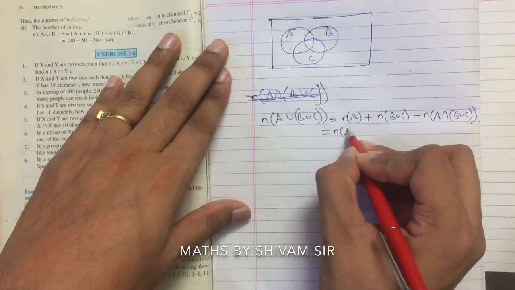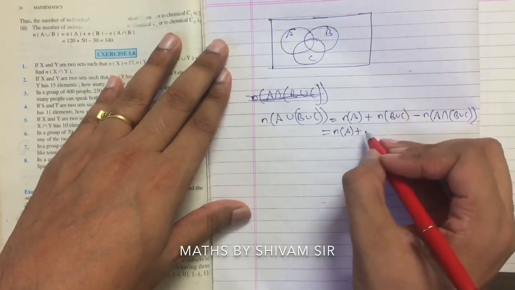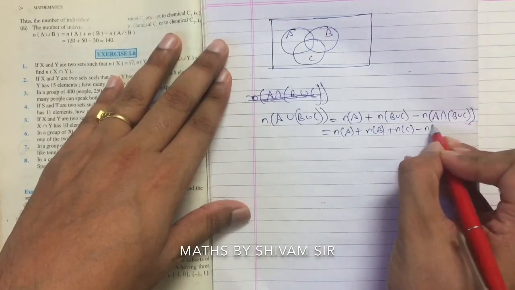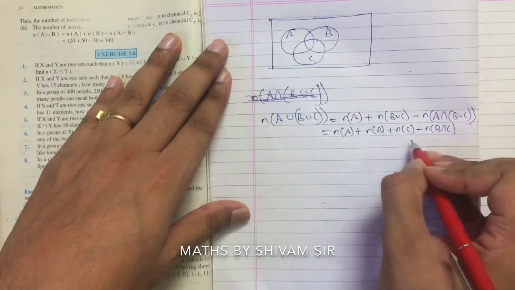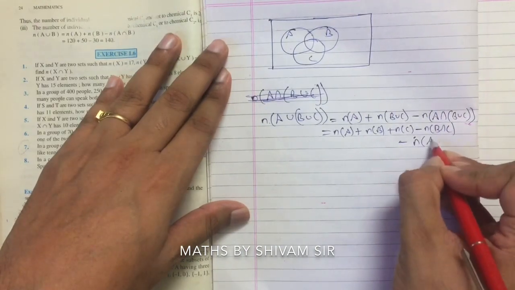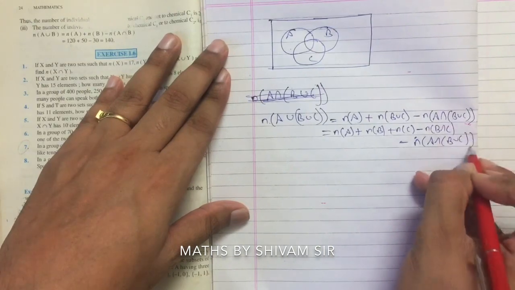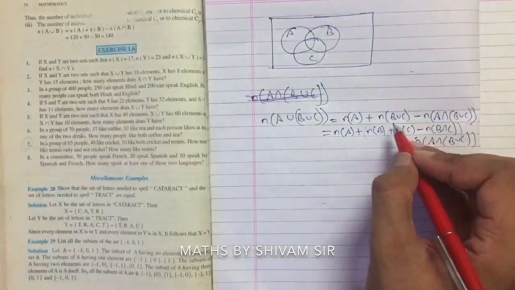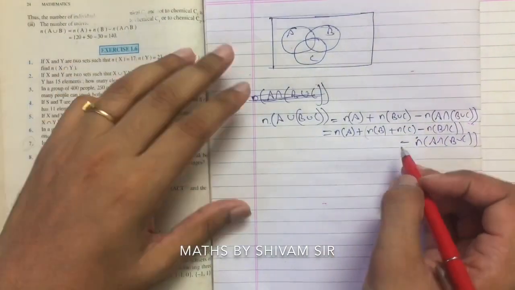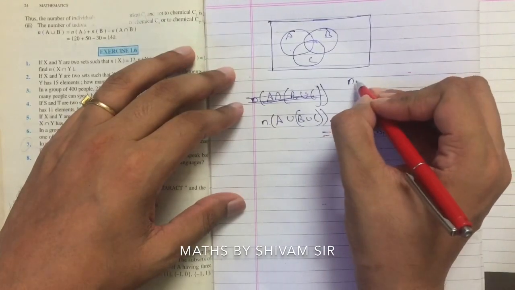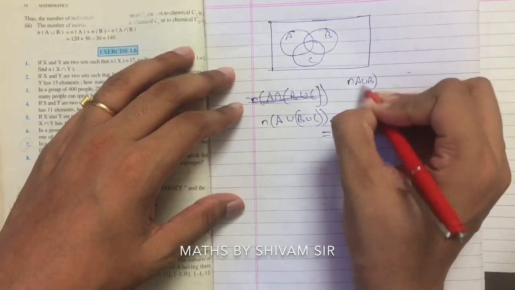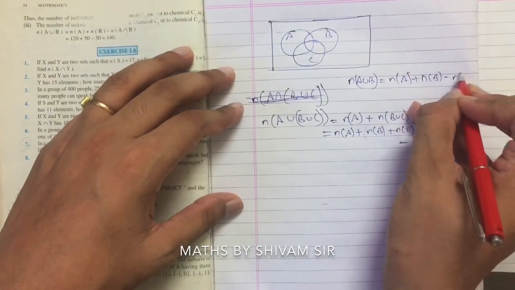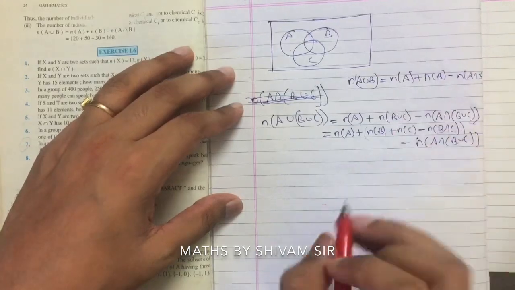Now the number of elements of A plus this, again using that formula, so the number of elements of B plus the number of elements of C minus the number of elements of B intersection C, minus the number of elements of A intersection B union C as it is, right? So we have expanded this one using the same formula. If you want, I can write the formula here: the number of elements of A union B is equal to the number of elements of A plus the number of elements of B minus the number of elements of A intersection B. So this we have used here till now.